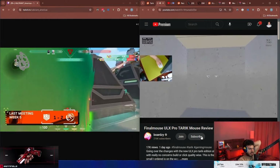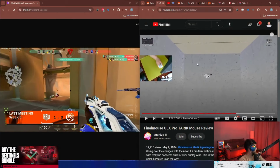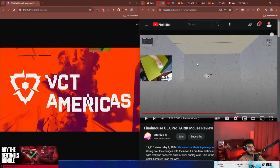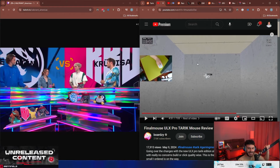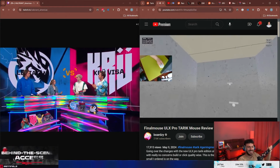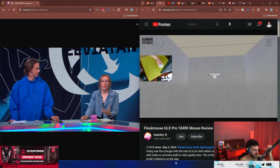With this mouse so far, the medium size, it might be my favorite. I still can't decide between the Cheetah and the medium. What do you think? Medium. As cliche as it sounds, I feel like I'm just more consistent and my baseline is higher with the medium, the Lion size, but with the Cheetah, I feel like at some points I just...